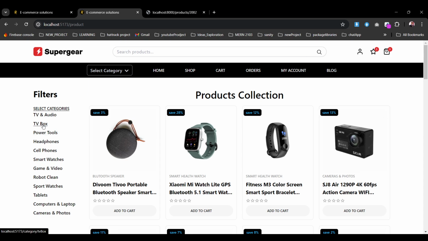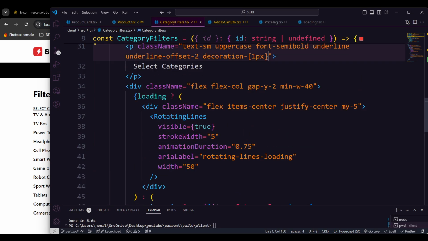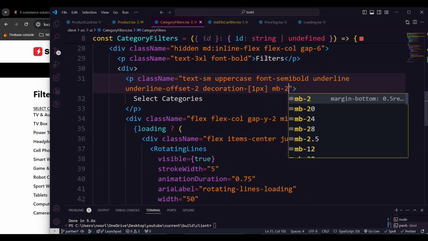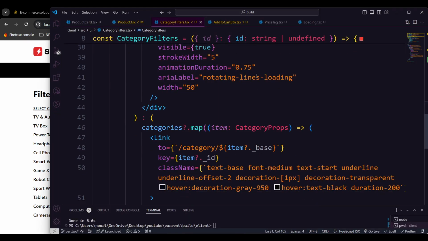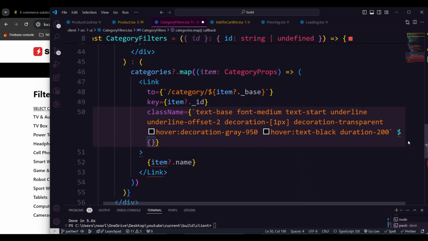As you see, whenever I hover, it's getting much better. And also that categories, I'm just gonna give a properties here, and we should be 2. Okay, so now what we are going to do is let's just go with providing the text color. So here I'm gonna define one properties, which is going to be that if my item dot base is equal to